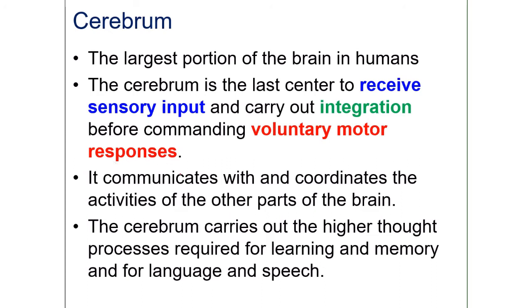and those are all voluntary motor responses. Of course, the cerebrum does not work alone. It communicates with many other parts of the brain, and the cerebrum is where higher thought processes are going to be carried out, and all these higher thought processes are of course required for learning and memory, as well as language and speech. So exactly which part of the cerebrum does what, that's pretty much what this section of the